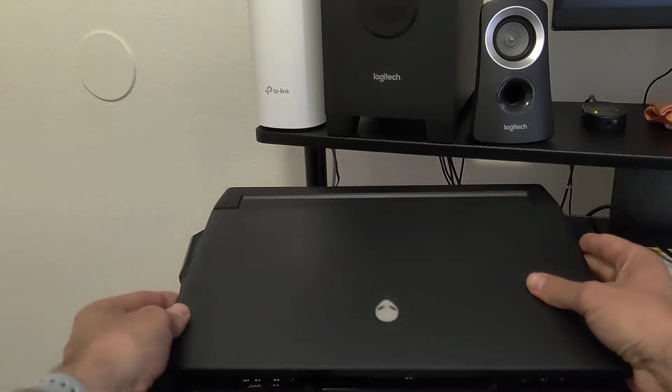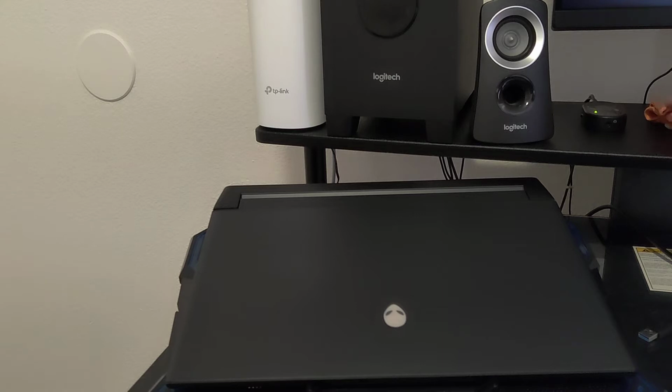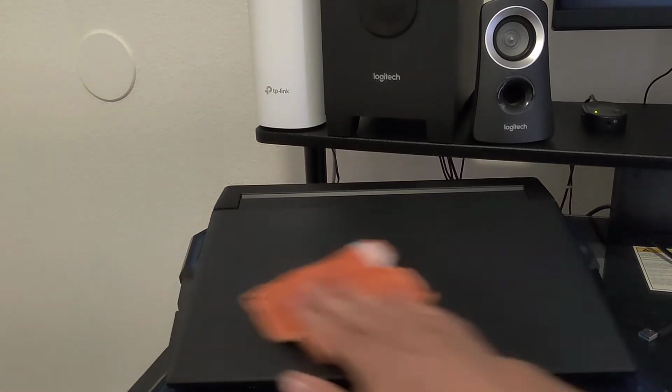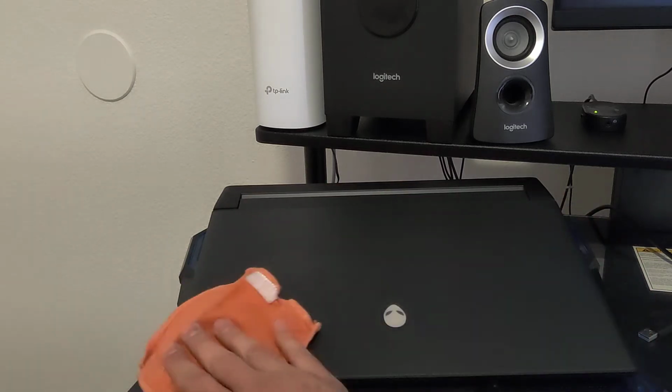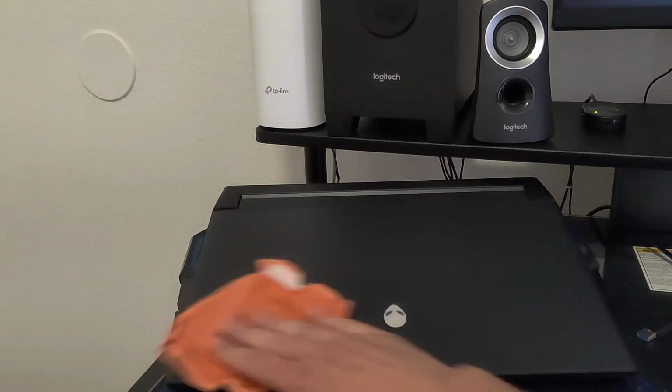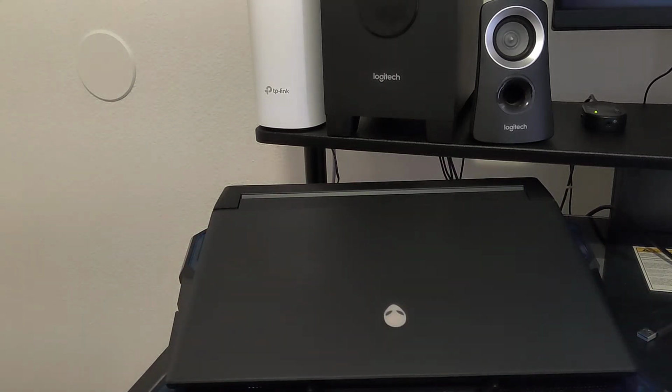All right. You're seeing a little bit of fingerprints there. Okay. A little bit of fingerprints. Not too bad. It's not a fingerprint magnet. And honestly, you just wipe it off with the cloth and good to go. But it's not glossy. It's not really too bad. Especially there on the keyboard and the palm rest, it does not attract a lot of fingerprints. Okay, so